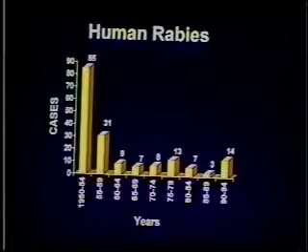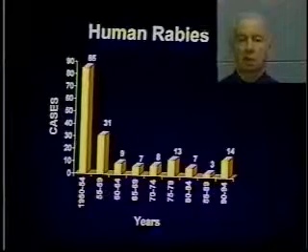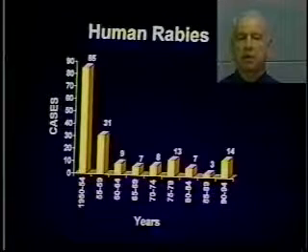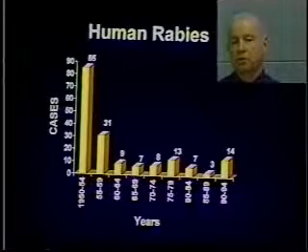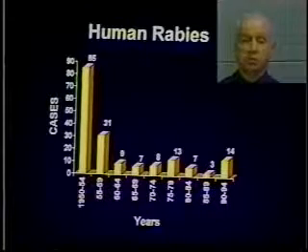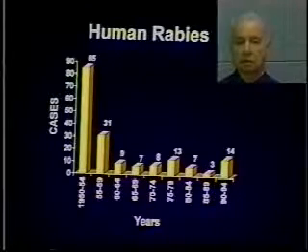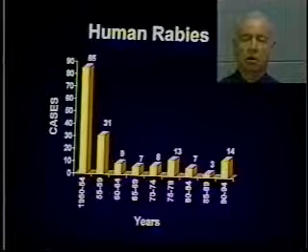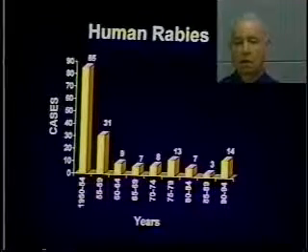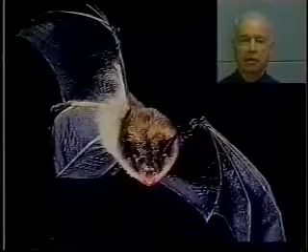You can see on this slide that the number of reported cases of human rabies in the United States has gone down over many years, and again the reason for this has been largely the reduction of animal rabies among domesticated animals, dogs and cats in particular. We now have an average of one or two cases of rabies each year in the United States. And interestingly, nearly all cases of rabies now in the United States are associated with bats, and particularly the silver-haired bat.